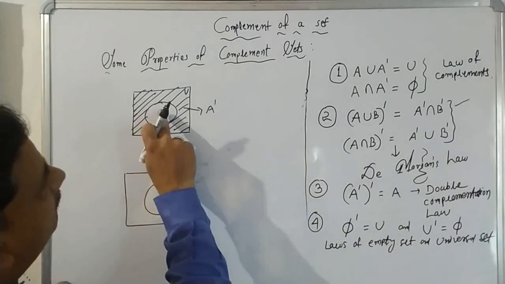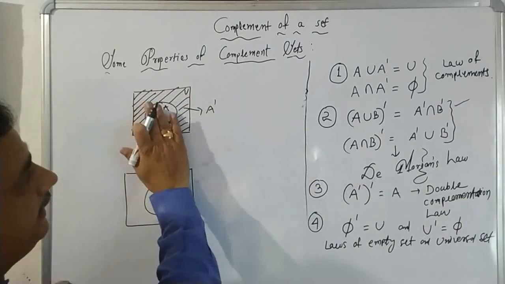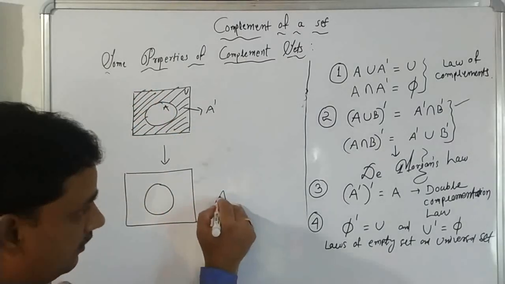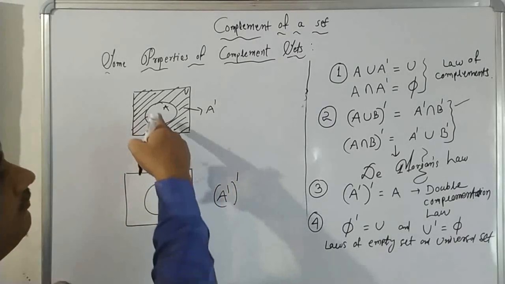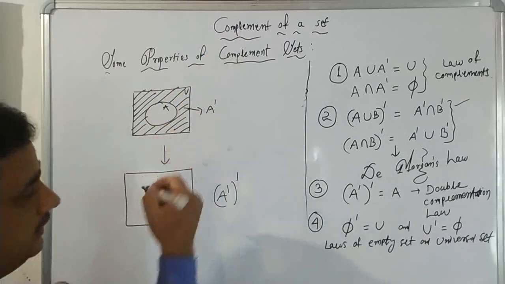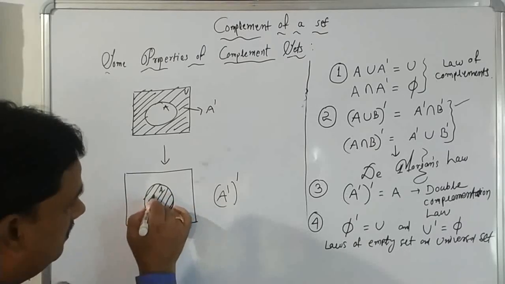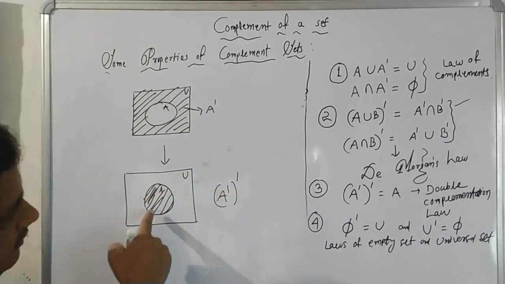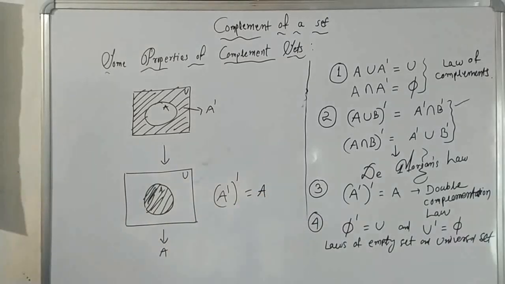Now see, complement of A means you have left A. Complement of A, we have left A and other parts studied. Now, complement of a complement, complement of complement of A. So again, complement of this part means that part we will omit. So what you will get? We will get this part. What is this? This is A. So complement of complement is A. Understood?